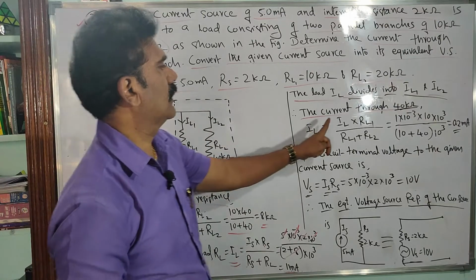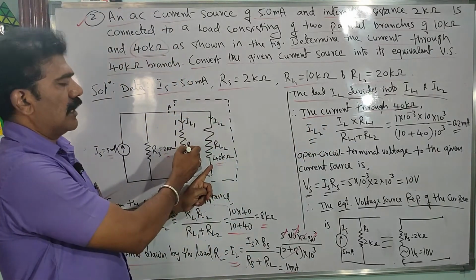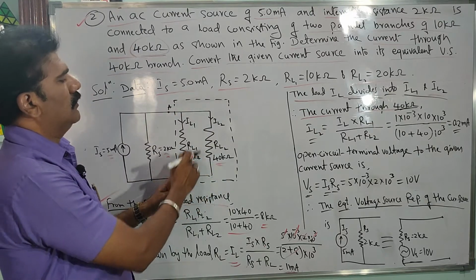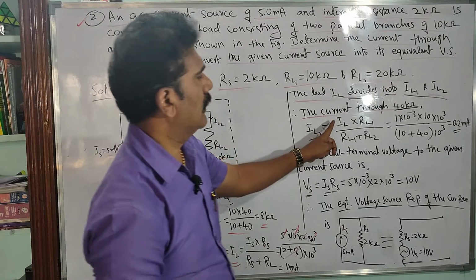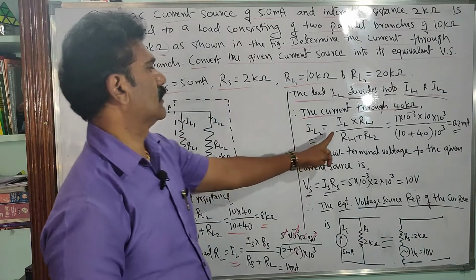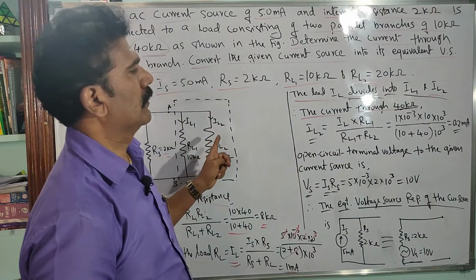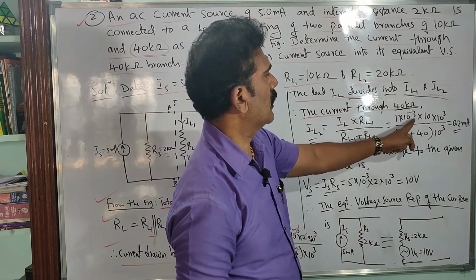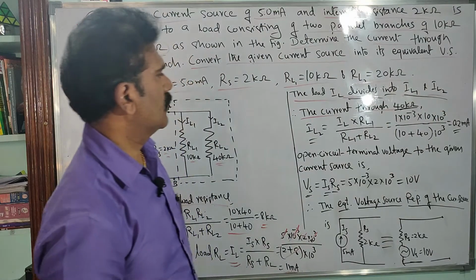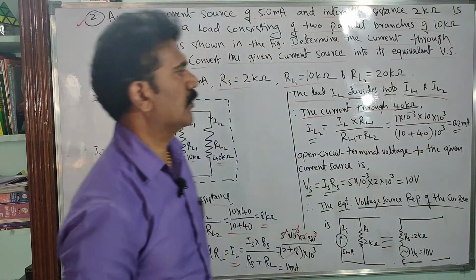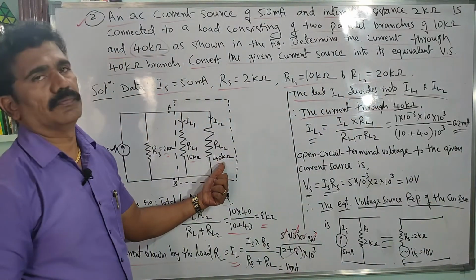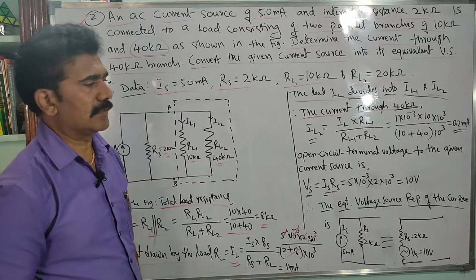So consider the load current IL multiplied by RL1. When you calculate through RL2, multiply by RL1. When you calculate through RL1, multiply by RL2. So IL into RL1, divided by the total resistance in the denominator, that is RL1 plus RL2. Substitute now: 1 into 10 power of minus 3, times RL1, that is 10 into 10 power of 3 kilo ohms, divided by 10 plus 40 into 10 power of 3. You will get 0.2 milliamperes as the current through 40 kilo ohms. That is what was asked here.